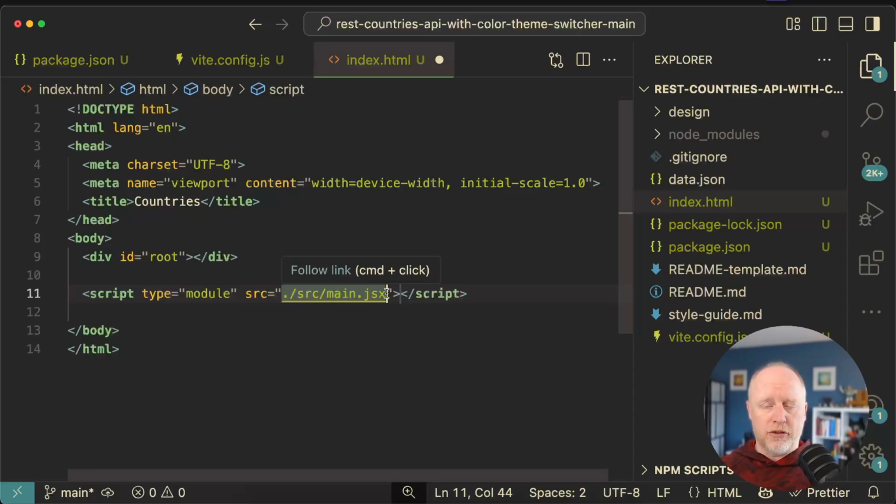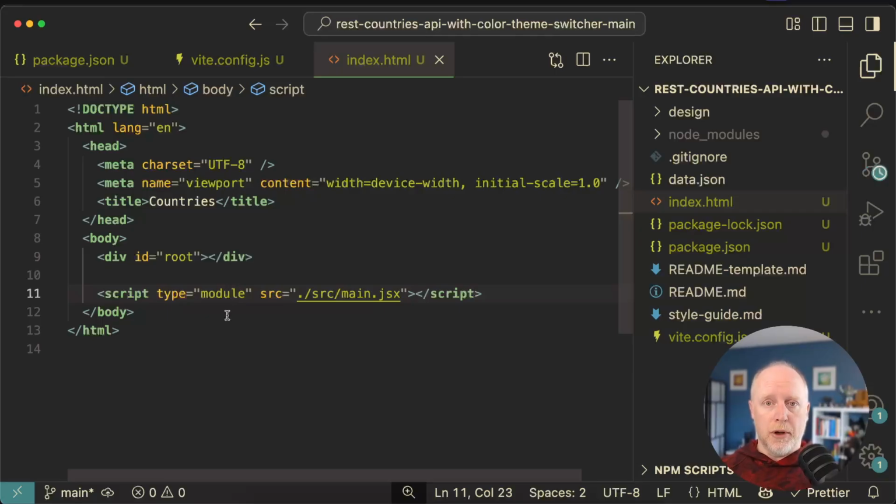Notice that we are able to put the X in here, okay? In vanilla JavaScript, we wouldn't be able to do this, but Vite supports this. And in fact, Vite is going to change all of this in build mode. So it's going to move this script up into the head. It's going to update the URL to be whatever that compiled file is. It's going to add in any of our CSS, right? It's all going to do that for us, which is really, really powerful. But this is all we need for the index.html file, which means that now we need to create this main.jsx